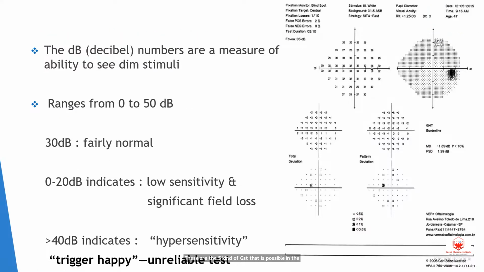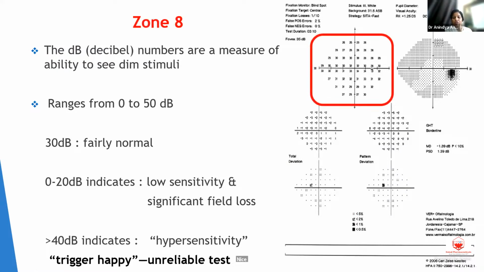Well, let's come to zone 8. That's actually the numeric presentation. This is the absolute number of the retinal sensitivity. It is measured in decibels. The range is from 0 to 50 decibels. More than 30 decibels at any point is fairly normal, and 0 to 20 decibels indicates low sensitivity or significant visual field loss. And if you see the patient has more than 40,